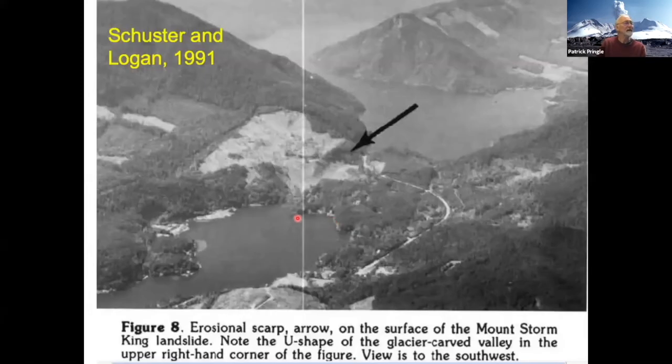So here's a picture of the debris dam between the two lakes. And they think the lake was formed by two giant landslides, one from the south and then one from the north. So this is just a quick video, if I can make it work here,